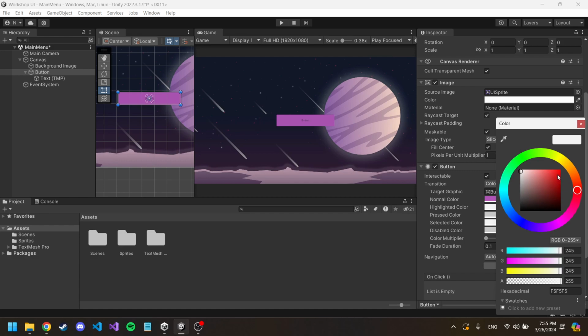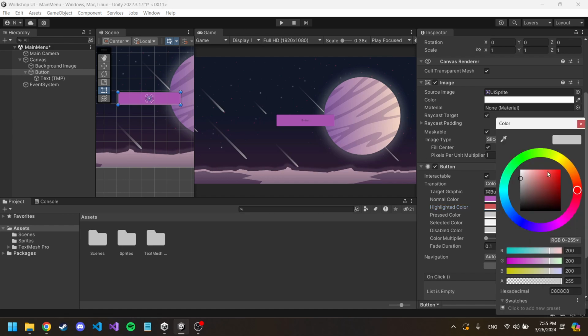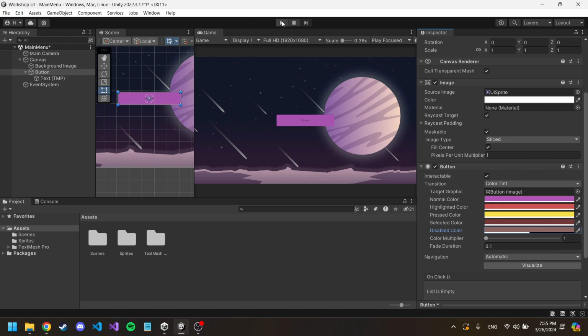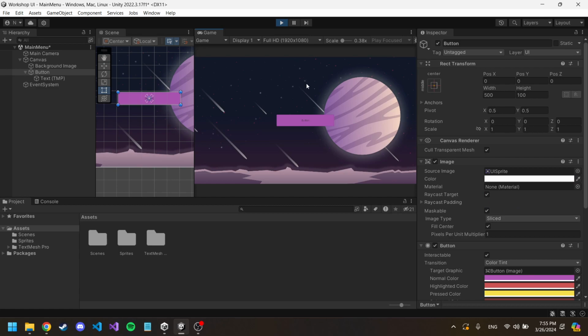And maybe change the highlighted color into red. Whenever you highlight the button, the color will change from purple to red pretty much. And whenever you press to yellow, whatever selected color you want, if it is selected, the color will change, and disabled and so on. After you make those changes and run the game with the color changes you have done,